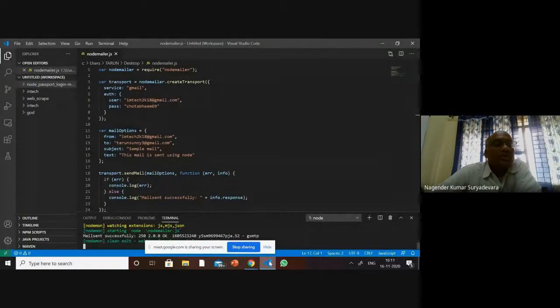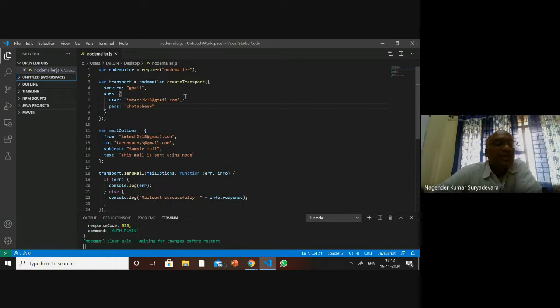So the problem here is that your user details, that is, the authentication details, have been exposed, in the sense that they have been revealed. Here, in the authorization on the transport, when the object is getting created, you are giving the username and the corresponding password. In most cases you need to hide these. So how do you hide the username and password so that the public will not be able to view these authentication details?